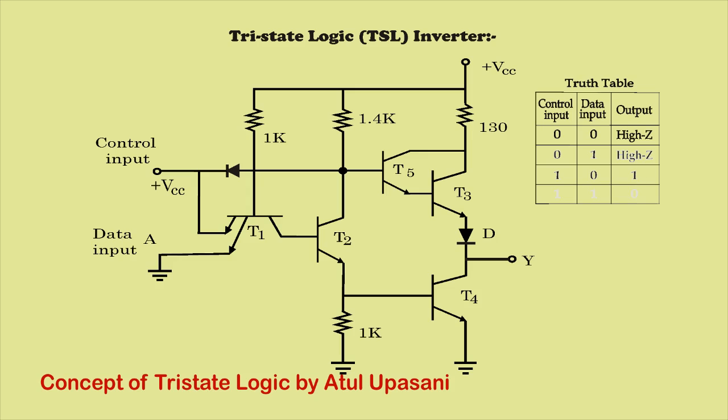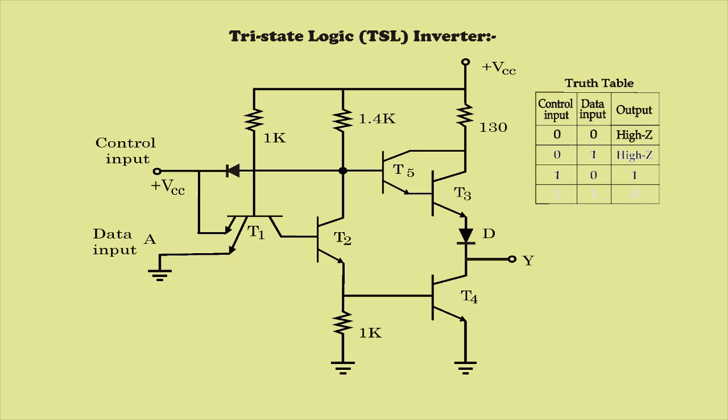So all the current in the transistor T1 will flow towards the ground, and if the current is flowing towards the ground, there will be no current at the collector of transistor T1. The collector of transistor T1 is connected to the base of transistor T2. So the base of transistor T2 will have low voltage. If the transistor is connected as an amplifier and it is getting low voltage at the input, the transistor will